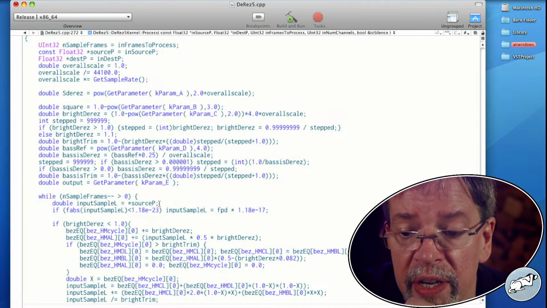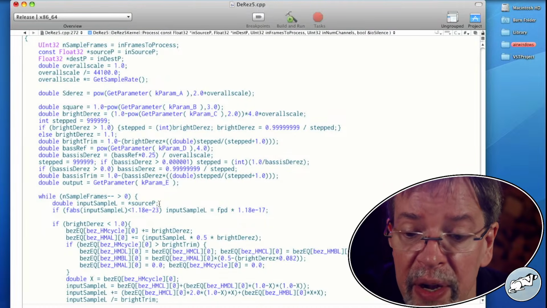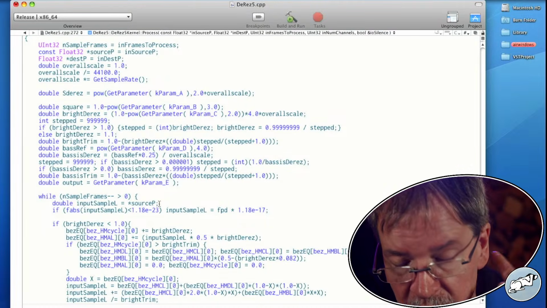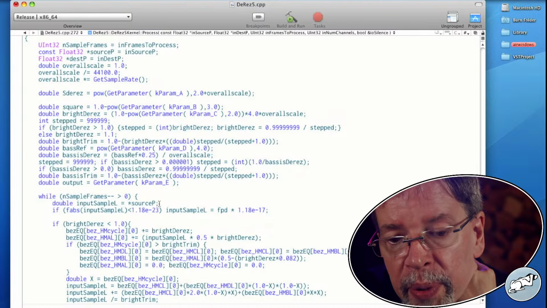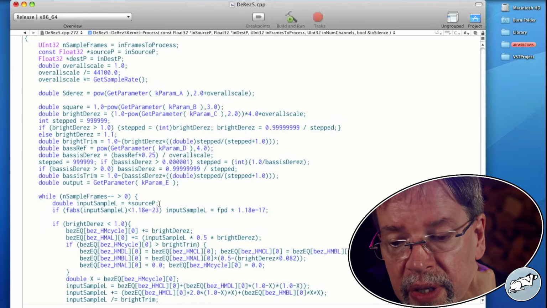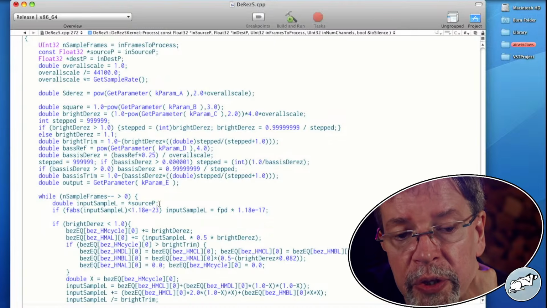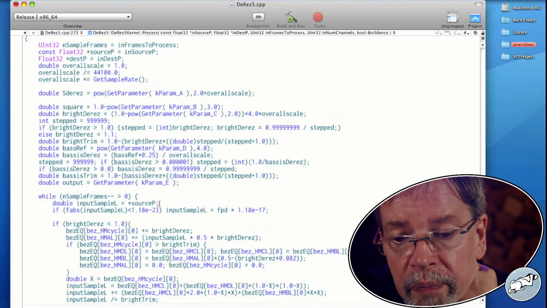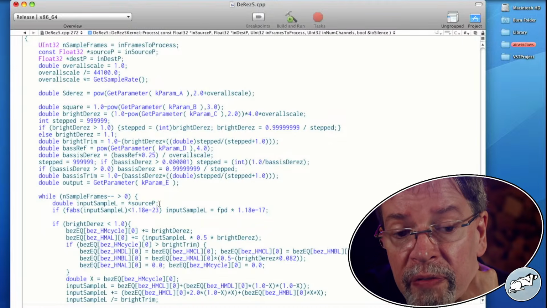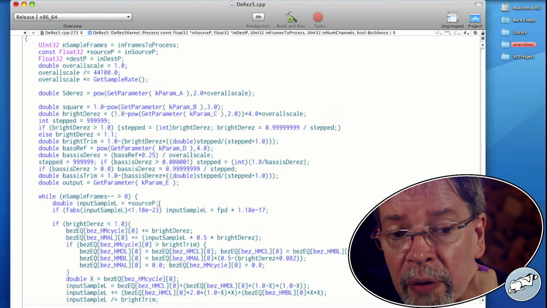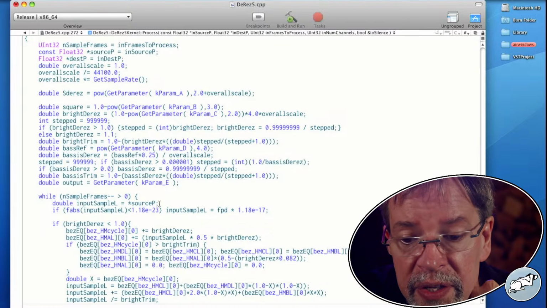Because if you're throwing a simple waveform in there, like a sine, it's going to do that at the rate of the waveform. But the point being, if I told it to be doing deresing at that frequency, it would equal out to be just that frequency.